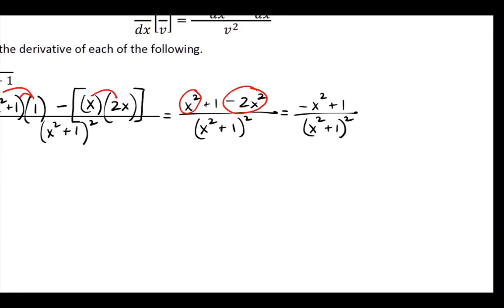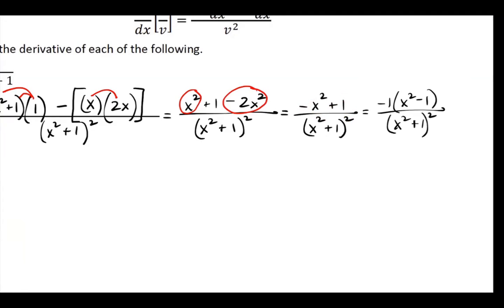These guys look very similar. If we look at them here, this guy here and this guy here look very similar. Can I cancel them out? Yeah, no, I can't because of this negative sign. If this negative sign wasn't there, I could do it. I could cancel this out with one of these, but I can't. Even if I took out a negative here. So let me take out a negative 1. It would be x squared minus 1,